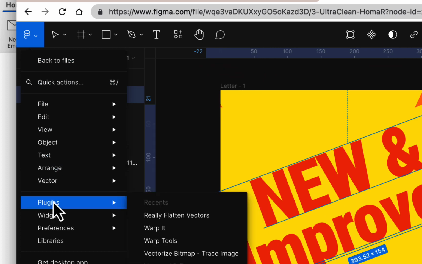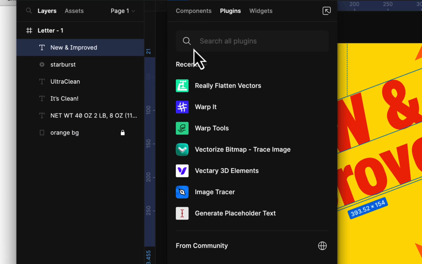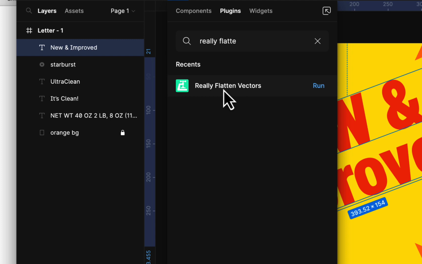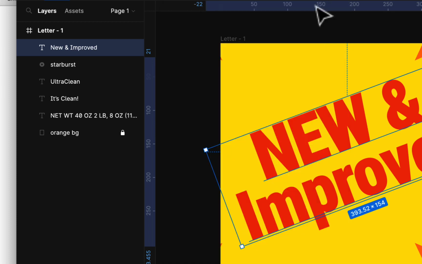But if you go to plugins, you can just go search for plugins, find more plugins, and then type in, it's called Really Flatten Vectors. Now I already have it in there, so that's why it says run. I already installed it, and you just click on it and you say try it. You don't pay for it or anything. It just goes right into your account as you're logged in, and I have it in there already, so it works pretty good. So what you could do is if I click on this and I go to